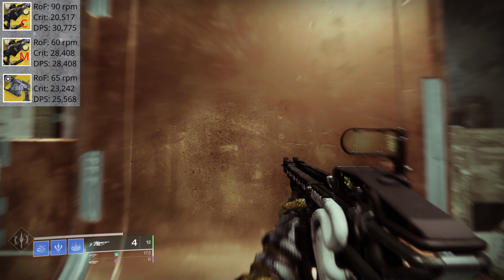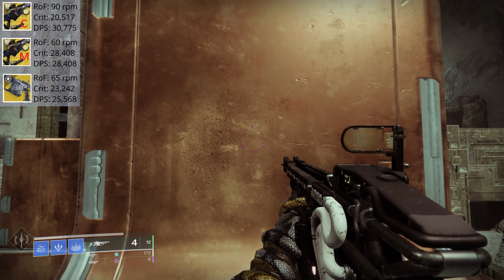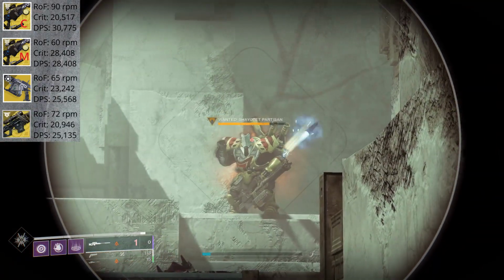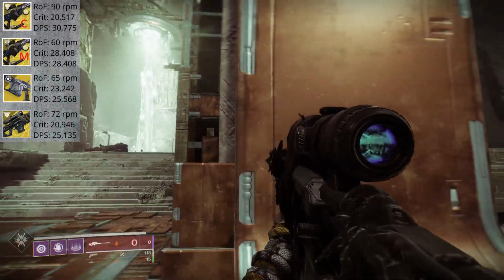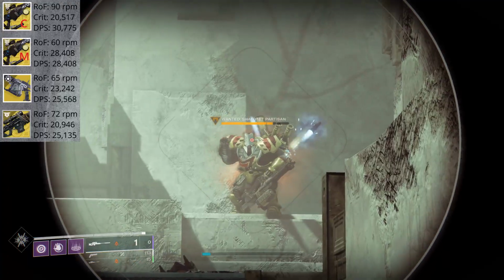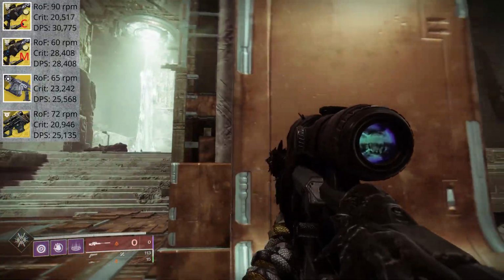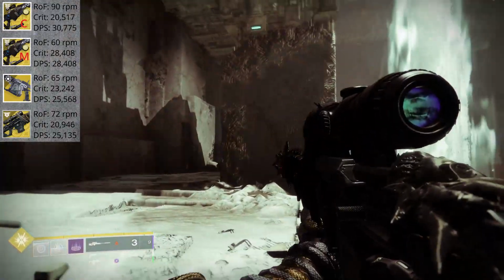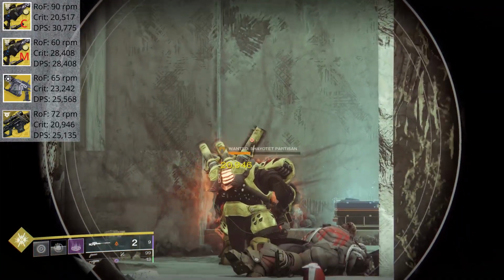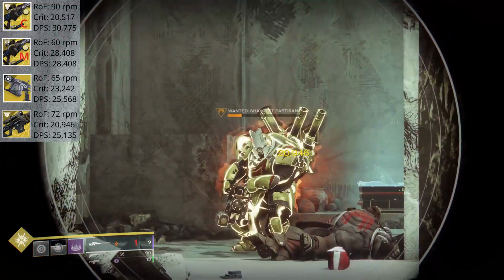But what if we compare these damage numbers to a couple other heavy exotics? With Whisper of the Worm, a crit is hitting for 20,946 points of damage, and keep in mind this is without Whispered Breathing activated. The fire rate is 72 rounds per minute, which puts our damage per second at 25,135. The damage per second is actually lower than both Queenbreaker and Arbalest, but you do have to factor in